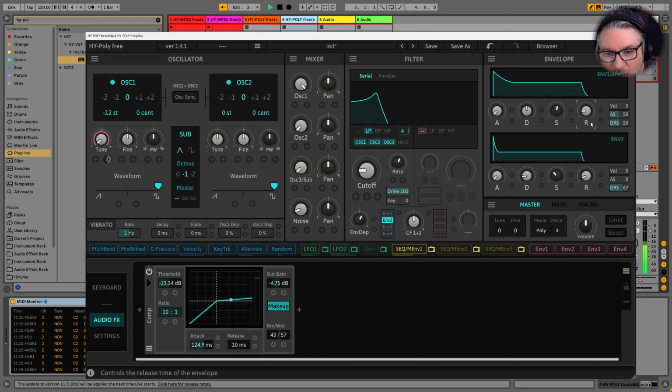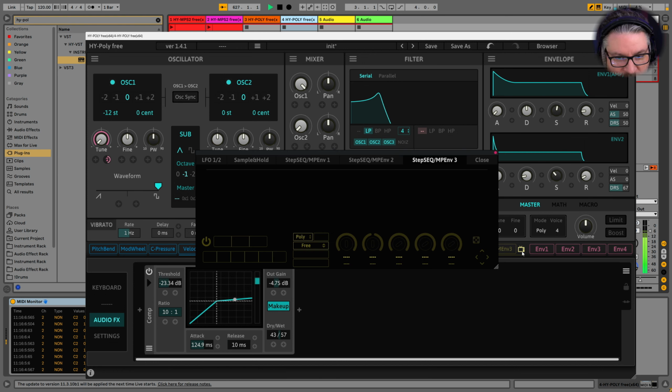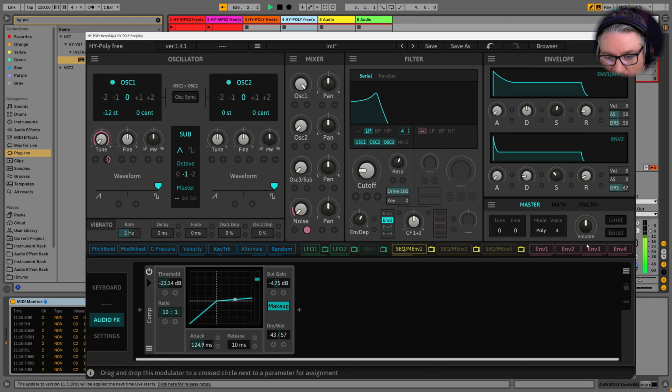Nice. Now, we have other envelopes here. Let's try envelope 3 on this guy. And how do I get to you, envelope 3? 1, 2. I see all. Maybe I can't. Or maybe I need to turn on the TV. No. I don't know where envelope 3 is. Maybe we don't have access to it because reasons. Let's just use envelope 2 then. There we go.